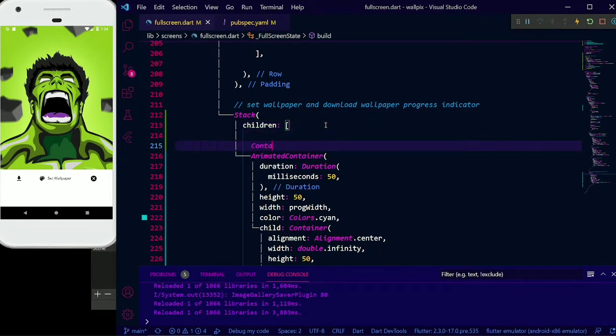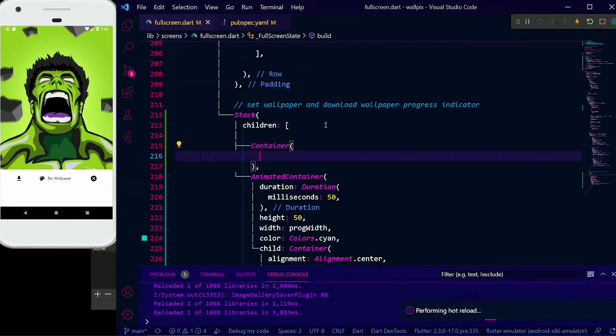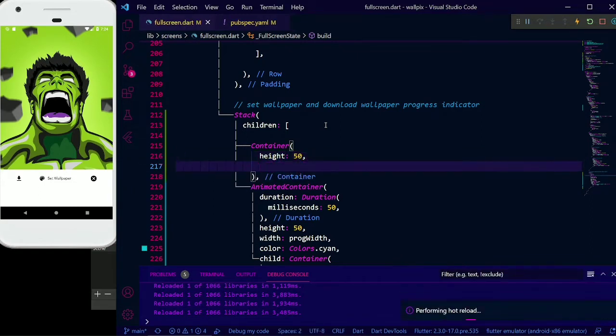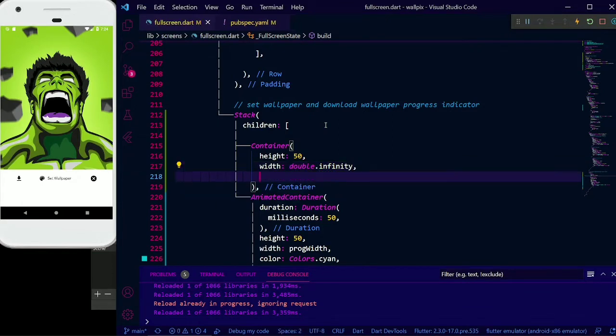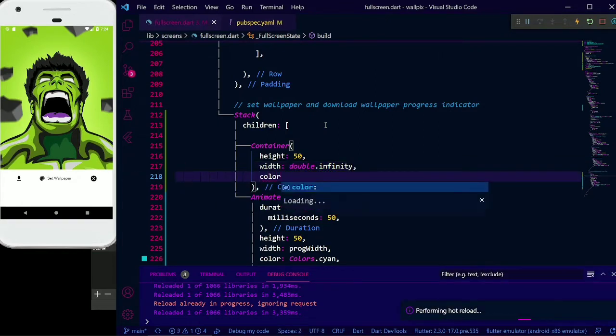Now we will use a container here. Container height would be the same as 50. Width double dot infinity, and color we will use